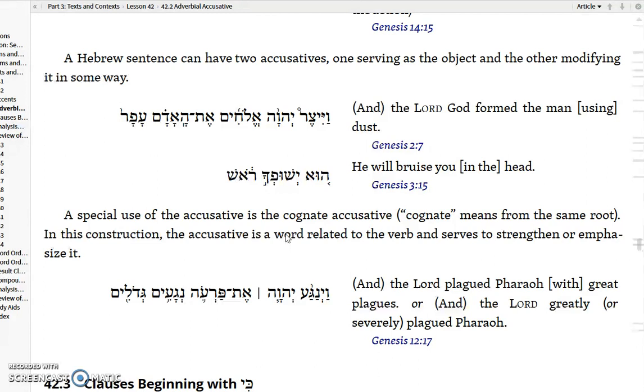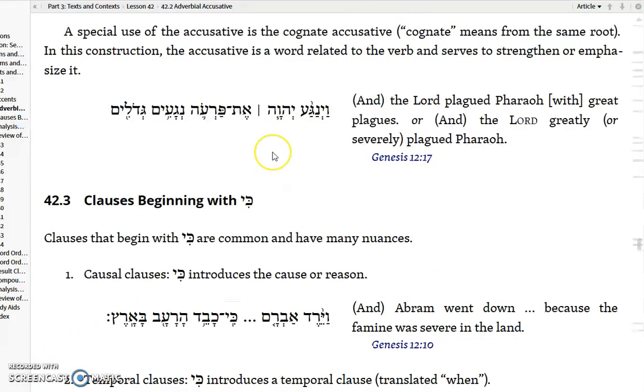A special use of the accusative is the cognate accusative. By cognate, we mean that the verb and the noun are from the same root. So the example is from Genesis 12:17. Vai naga Adonai et Pharaoh nagaim gadolim. Yahweh plagued Pharaoh. And then the word plague is from the root naga, but then the word plague as a